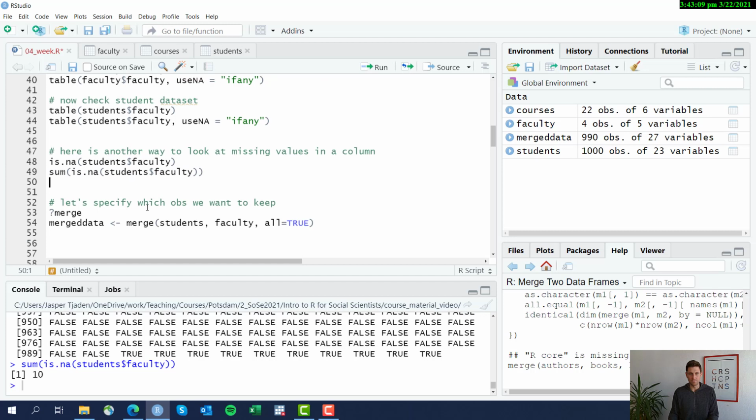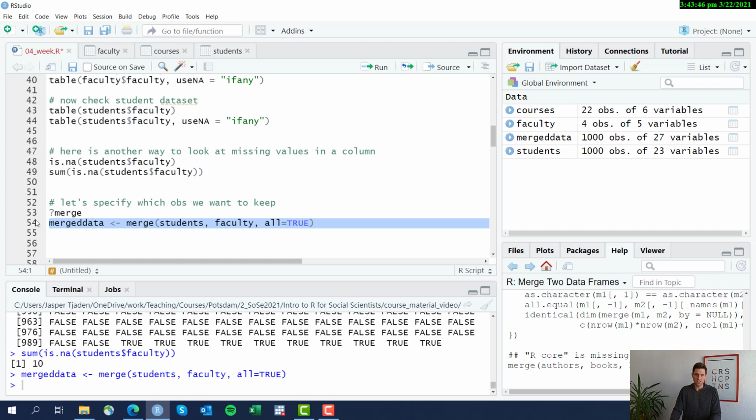Okay, well, let's now specify an option in the merge function that actually allows you to keep the non-merged observations, right? So those 10 guys that didn't have any information on faculty, we don't want to kick them out of the data set. We want to keep them, but just have missing values on the faculty then. This is something you can define in the merge command by adding the option all equals true. You can also decide to only keep variables in one data set or the other or both, right? So we're going to add that option all equals true with the merge data set, and we see now we have